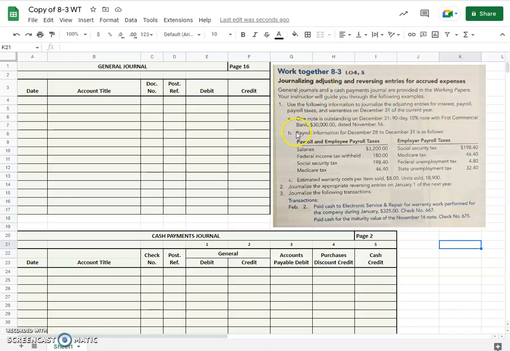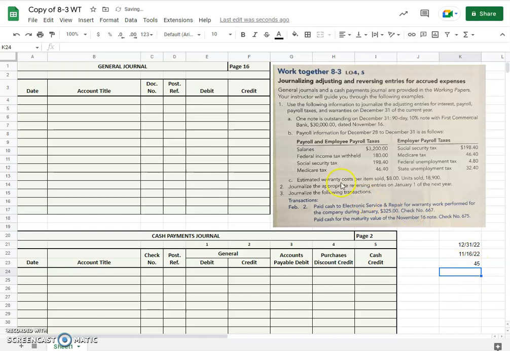So the first one, we have a note outstanding on December 31st. It's a 90-day 10% note, $30,000, dated November the 16th. So the first thing we want to do is find out how many days were there between November the 16th and December the 31st. My favorite thing is just to type in the date. The ending date is 12/31, the beginning date was 11/16, and then I'm just going to subtract 12/31 minus 11/16,